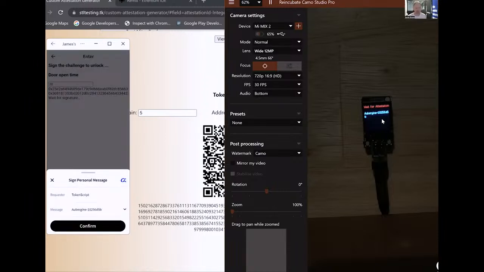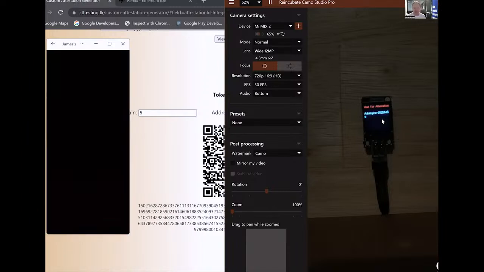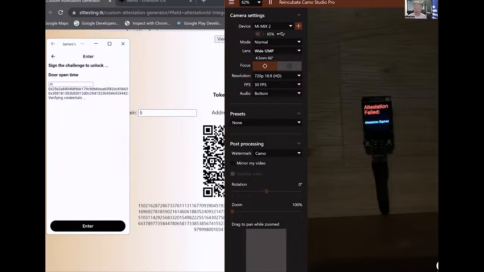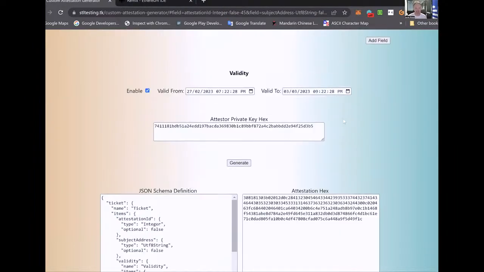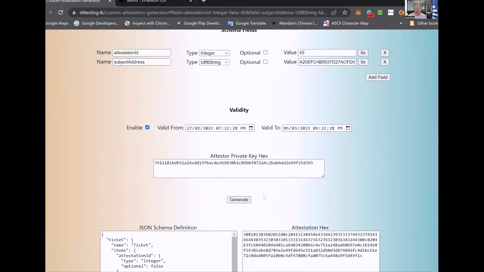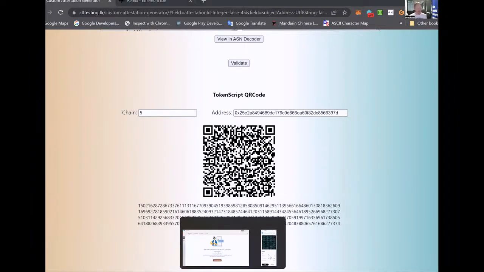So that has now been signed. That package will go off to the IoT device, and that's processing. So, attestation failed because it's expired, which is what we expected because we had the wrong date on the attestation. So Bob's now going to phone up the hotel help desk and ask them to change the dates. So we'll now set his stay till Sunday. Let's go ahead, regenerate that. So I rescanned it. It's gone into the wallet, updated attestation.